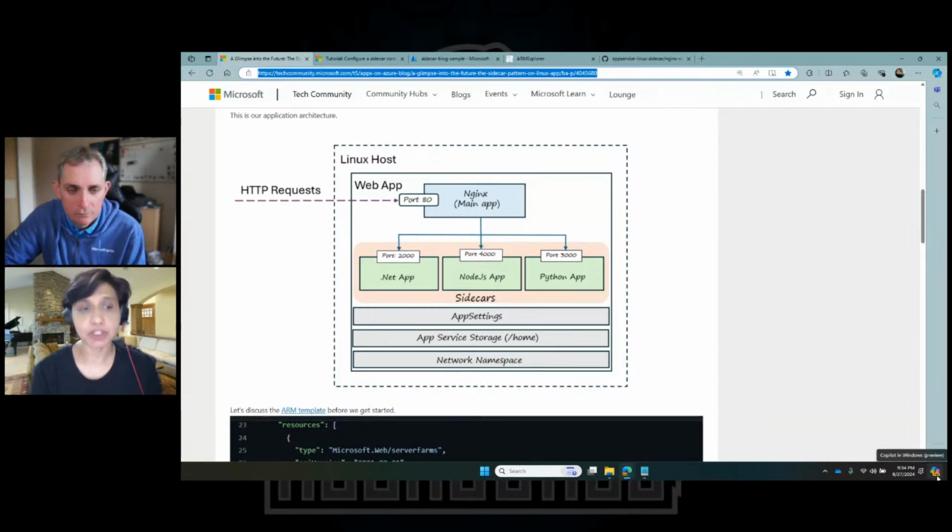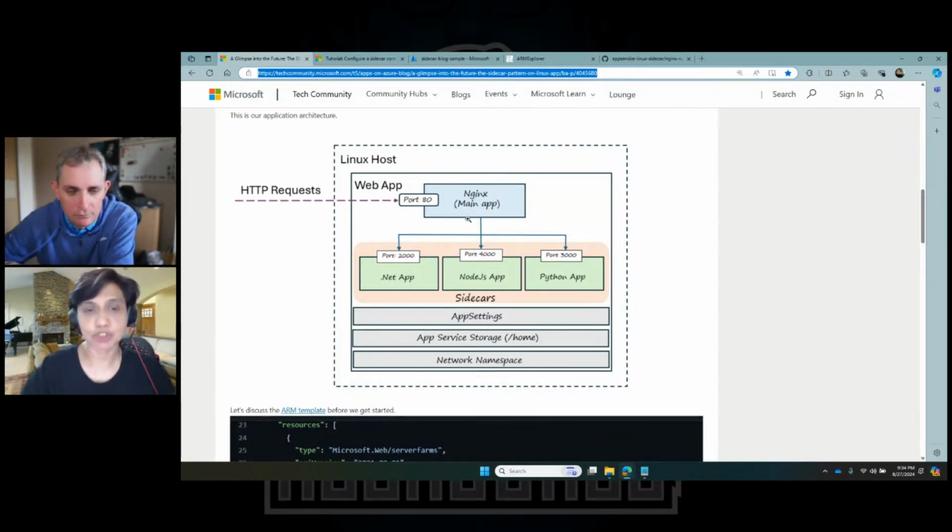Every time you create a web app, we create this whole environment for the web app. For my first demo, I'm going to create this main app, which is going to be Nginx, and I'm going to add three sidecars to the main app. One is a .NET sidecar, a Node sidecar, and a Python sidecar.